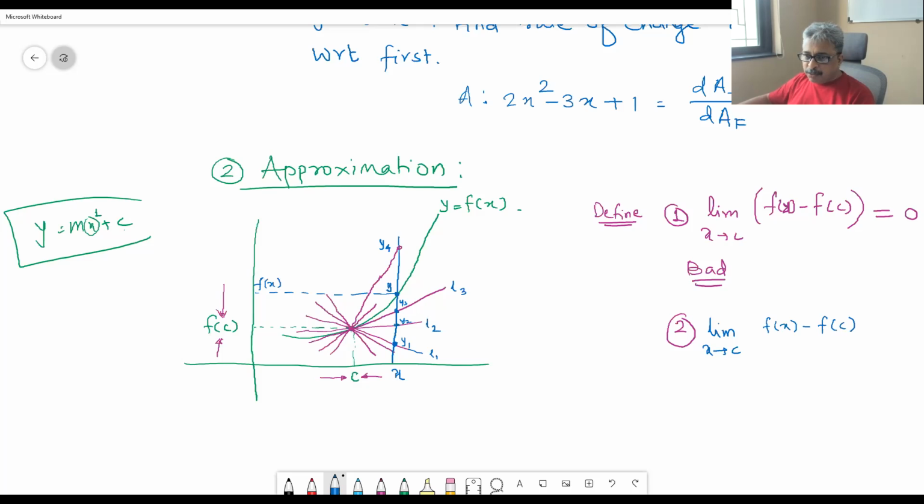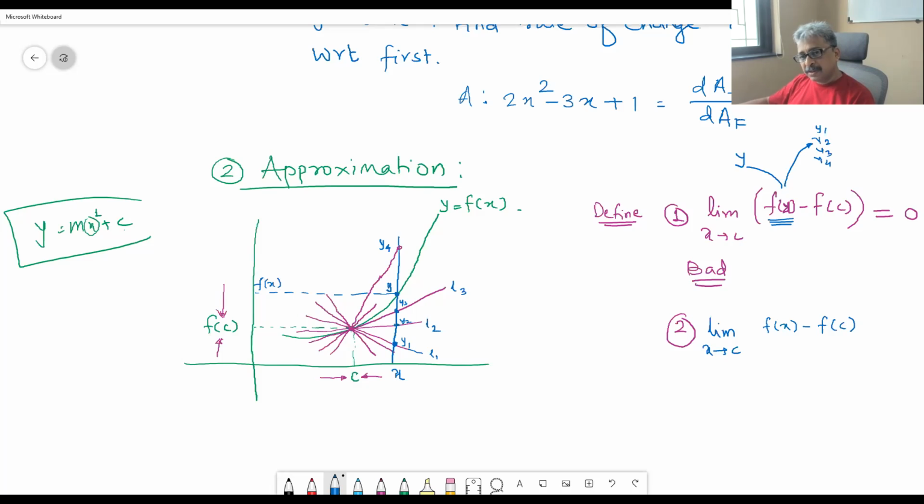Now when I am saying f of x here, what I mean is, if I put y, that is point on the curve, and if I put any other value than y, which is either y1, y2, y3, y4, any point on the straight line, and then if I check the difference, it should be 0. That is what I mean by this definition, and you will accept that this is going to be always 0.